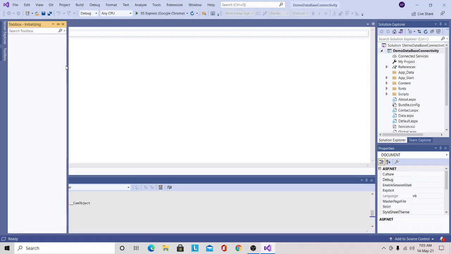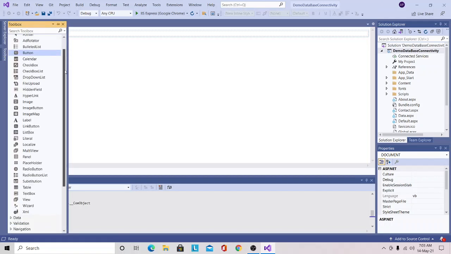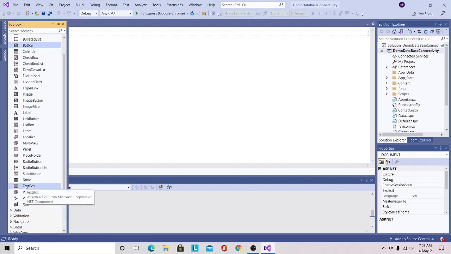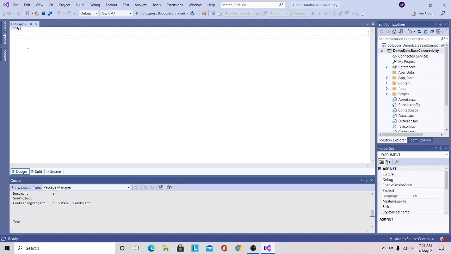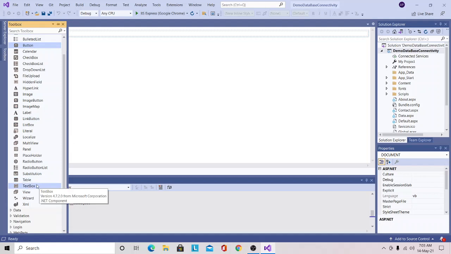First two server controls are the text box. Here I will select text box from the toolbox. In order to select server controls, the user needs to click on the toolbox, then select text box and simply drag and drop text box to this active server page.